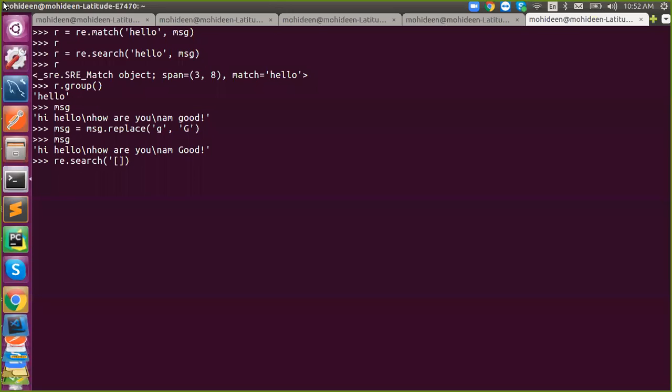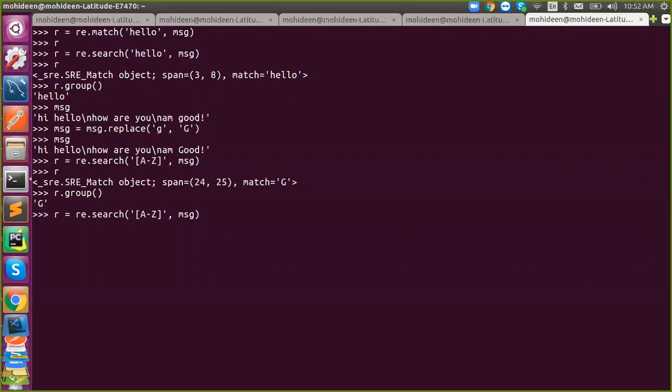Your pattern should be inside a string. So I want a caps in my string, that is message. So you got a match. r.group will give you the G, because I said a match alone, so you got the exact match. Okay. And if you want a complete word, just say \w.